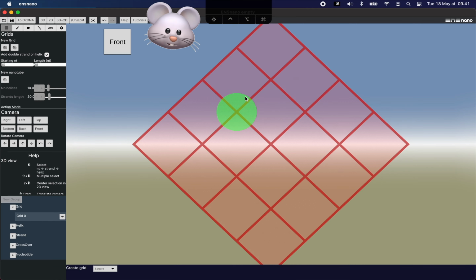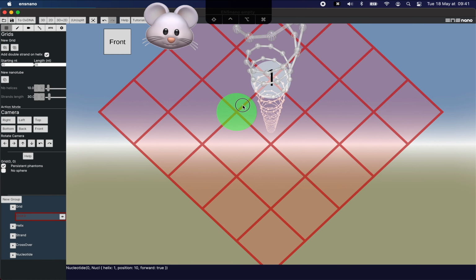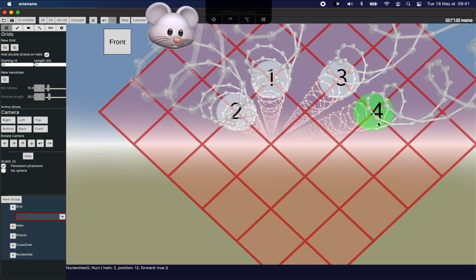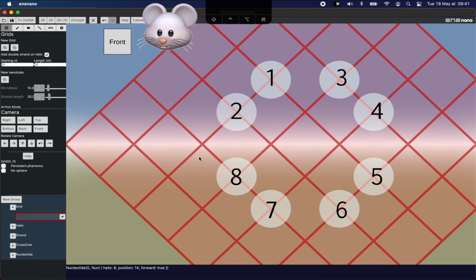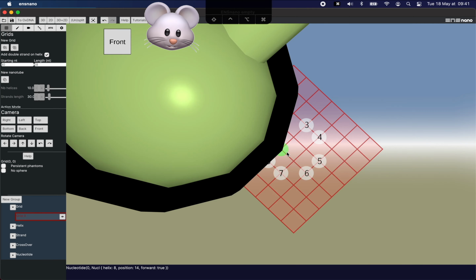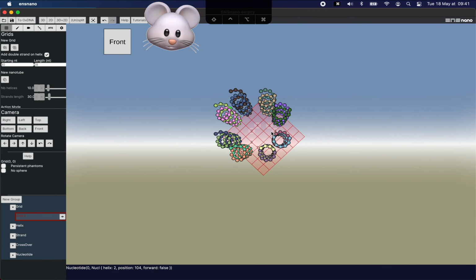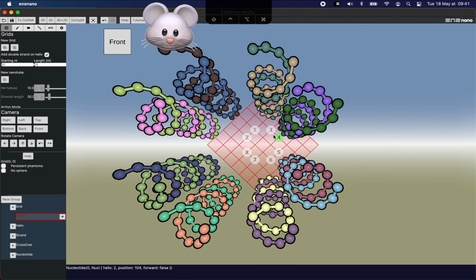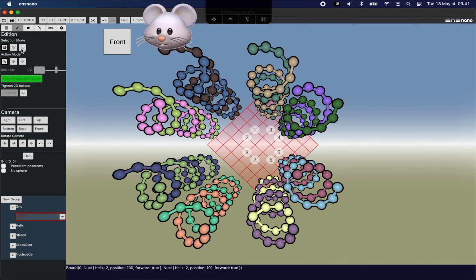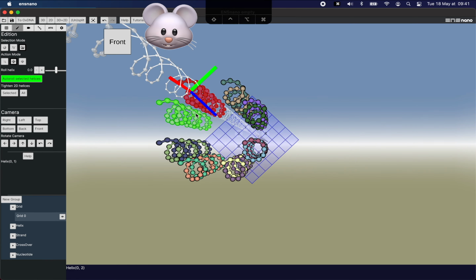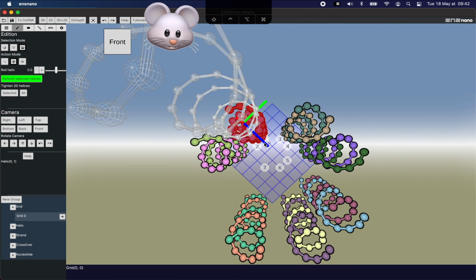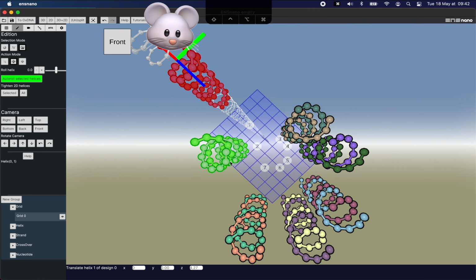So now we will create 4 sets of 2 helices. So like this. So let's place them now at some position. Let's remove the persistent helices that get in the way. And let's now place the helices where we want them. So for that we will select the helix mode, action mode, select a helix, and align it with the axis of the grid. So select the helix and we will push them 2 steps in this direction.